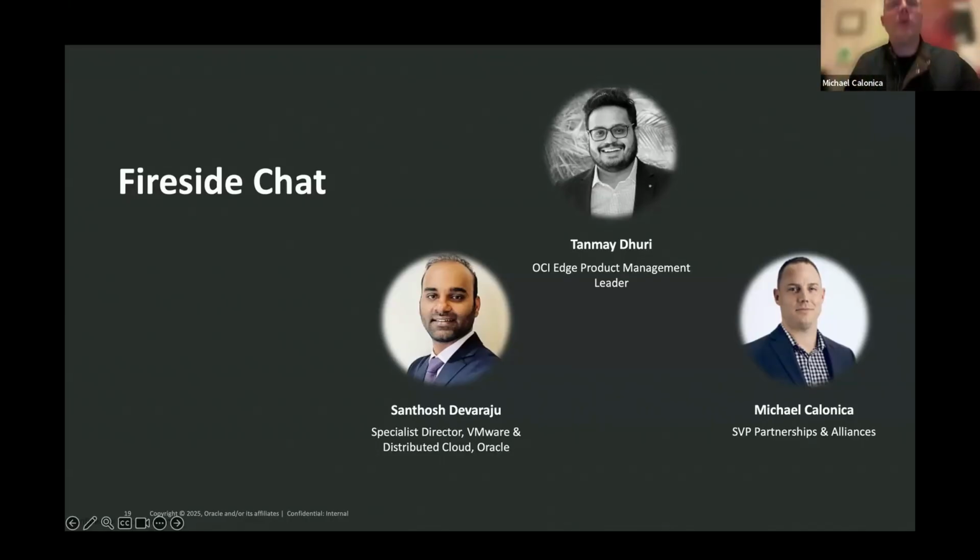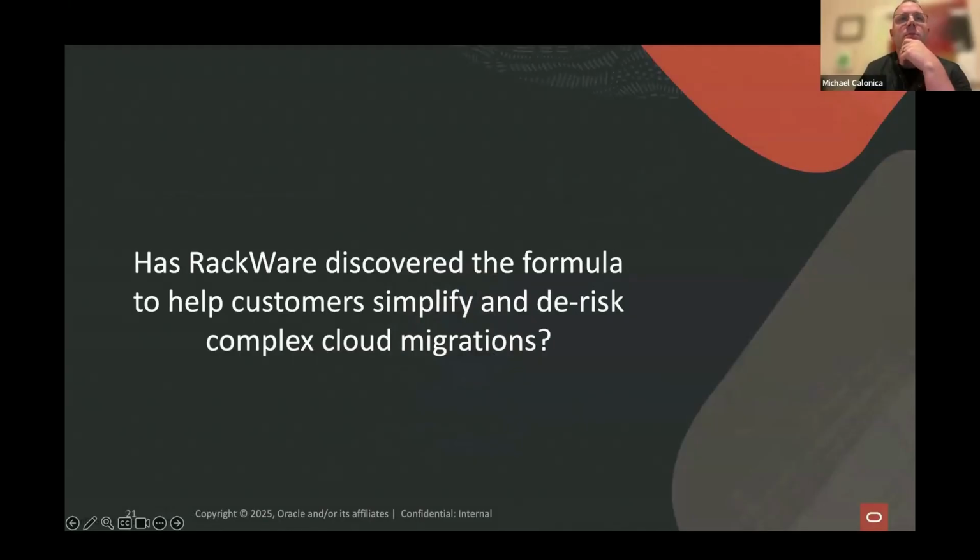Yeah, that's a great question. So when you think about it from a differentiation perspective, there's probably a few ways to look at this. One, RackWare is a true any-to-any migration, DR, and backup solution, right? With those capabilities and being agnostic of the source environment or application running on the source, it makes it very easy for customers to achieve complex migrations between disparate environments. And we make it easy to migrate with ease and in a fast-paced manner. So I think that's probably the most common one: our true any-to-any migration capability and DR capabilities. I think that was an easy question for Mike.